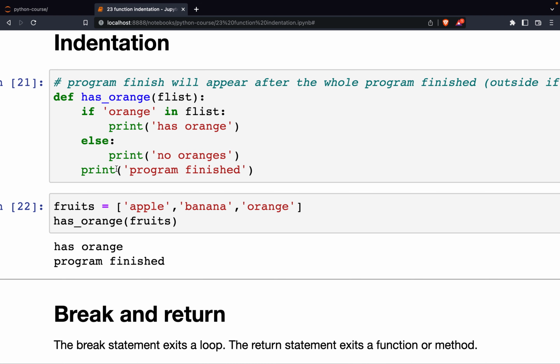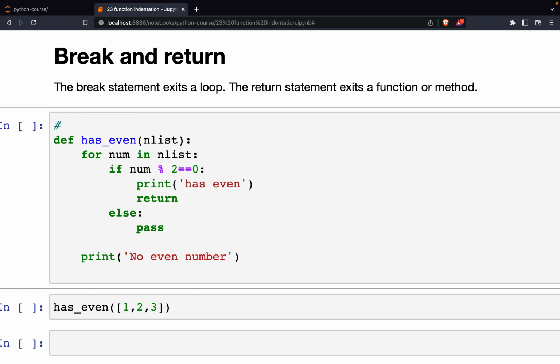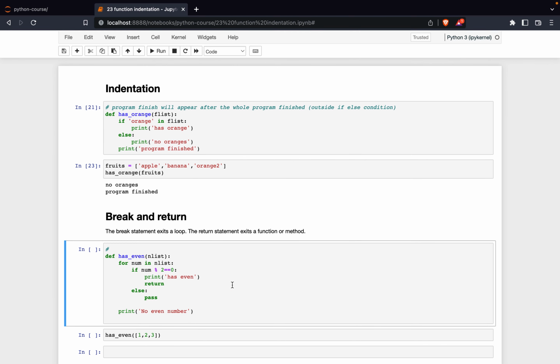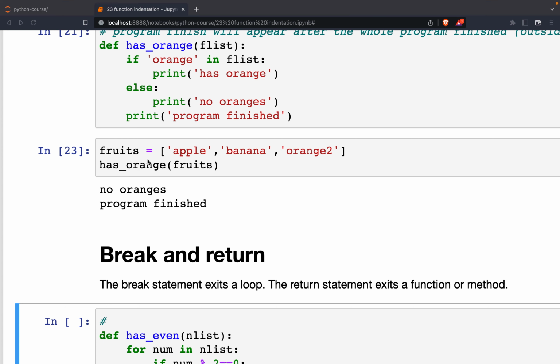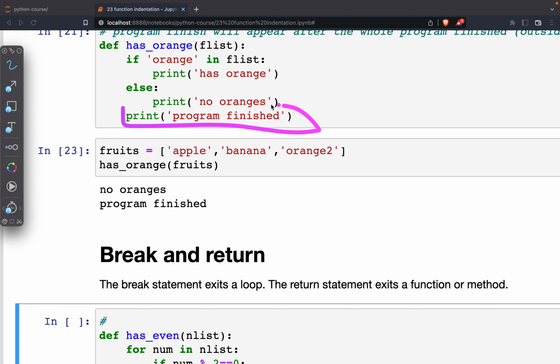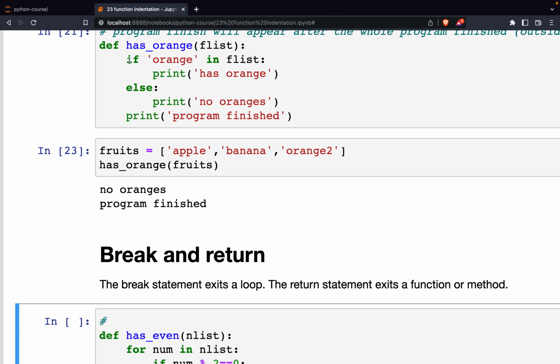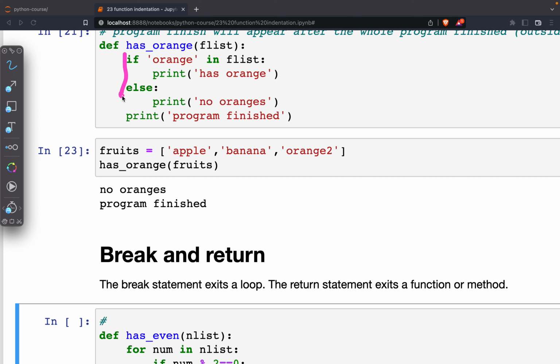Now you can see, no matter whether we have orange or not in this list, for example, we put a 2 here, we can see even though we have no orange, the program also finishes this line. This is because this is outside the if-else statement,